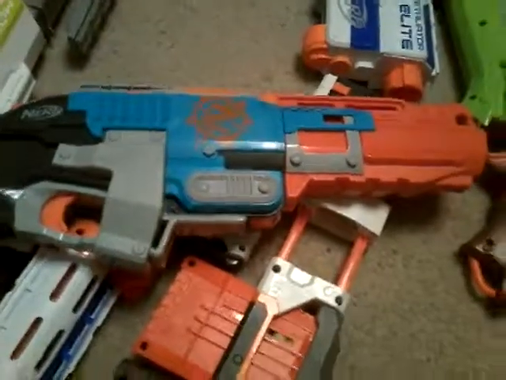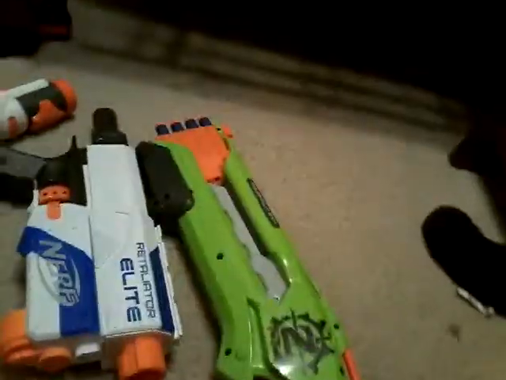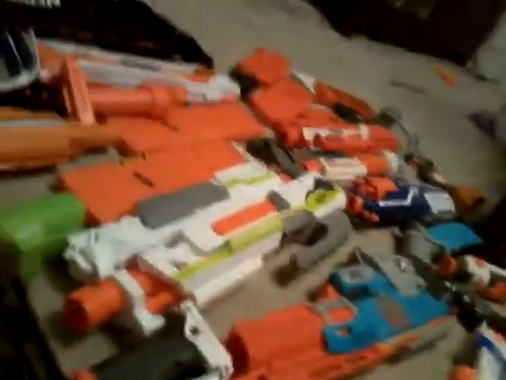So next we have the Nerf Sledgefire, Zombie Sledgefire. You have to push this down to activate it, to put the new mags in. So next we have a 6 mag, another 6 mag, 18, and this gun